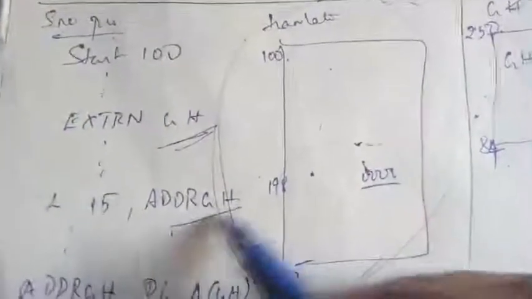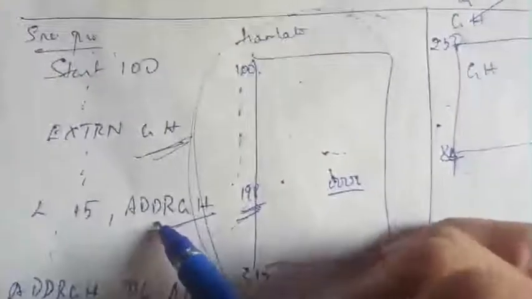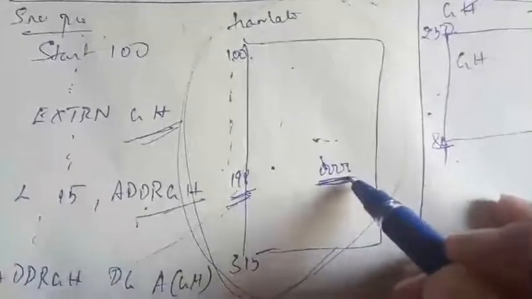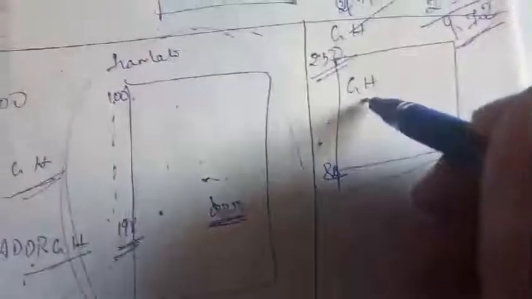So you start the program, and you have one external symbol GH which is not defined over here. We referred to that in line number 198. Remember, you have a set of lines, and in 198 you referred to the external symbol address GH, which the assembler does not know, so it is referred to as 0, because you don't have the detail of GH in this program. You have that detail in another program, where the location is 250. But you are not using the same location to load, we are changing the location.